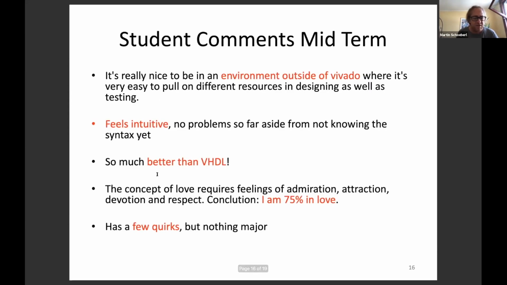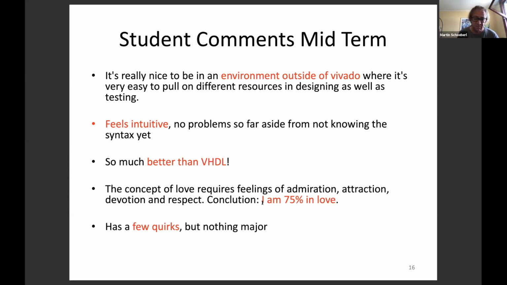And then some reactions. I had a questionnaire in the midterm, to steer our teaching if possible. So there are a few numbers. Let's say the environment is nice, outside of Vivado. If you use VHDL or Verilog, you're running in Vivado. Usually it feels intuitive and so much better than VHDL.